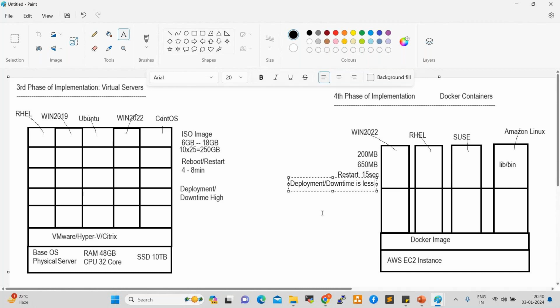In real-time projects, accessing and working on Docker containers is very easy and very fast, with quick response.